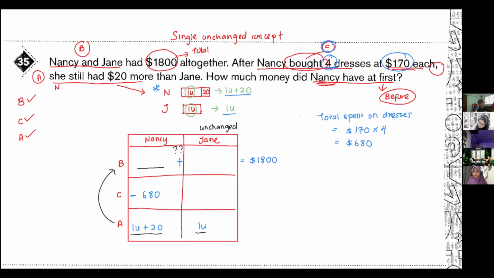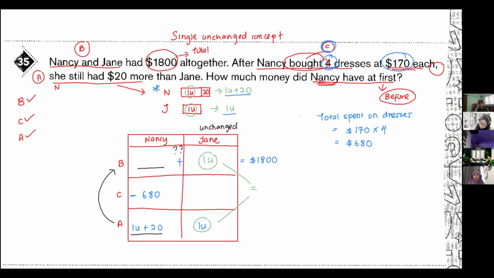So if Jane is unchanged, we don't have to work backwards like that. All we know is since she has 1 unit in the end, over here at first she will also have 1 unit. Why? Because she is unchanged. Whatever she has at first, before, she will also have it in the end. Okay? So it is the same because Jane did not spend any money. It makes sense, right? If you don't spend any money, whatever you have at first and in the end remains the same. Okay? So now I have Jane already good. So I have to work for Nancy. Nancy's before is the one that is blank. Okay, I have to go backwards.